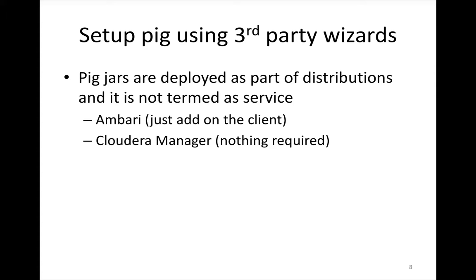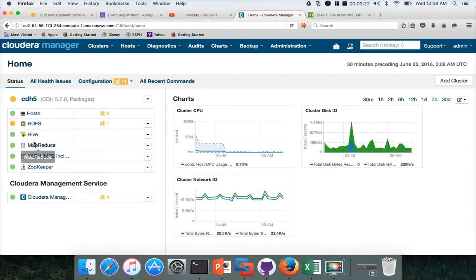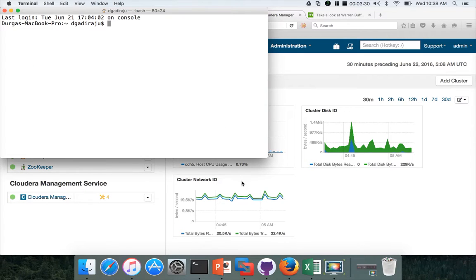Setting up Pig using third-party wizards. In Ambari you have to just add it on the client, which I have covered in the Hortonworks distribution. For Cloudera, you just don't need to do anything. When you set up HDFS or Yarn, Pig will be deployed automatically, and Pig will be deployed on the nodes which are configured as clients. So if you go to the cluster which is there on Cloudera, we have configured master01 as the client for both HDFS and Yarn. So we can connect to the